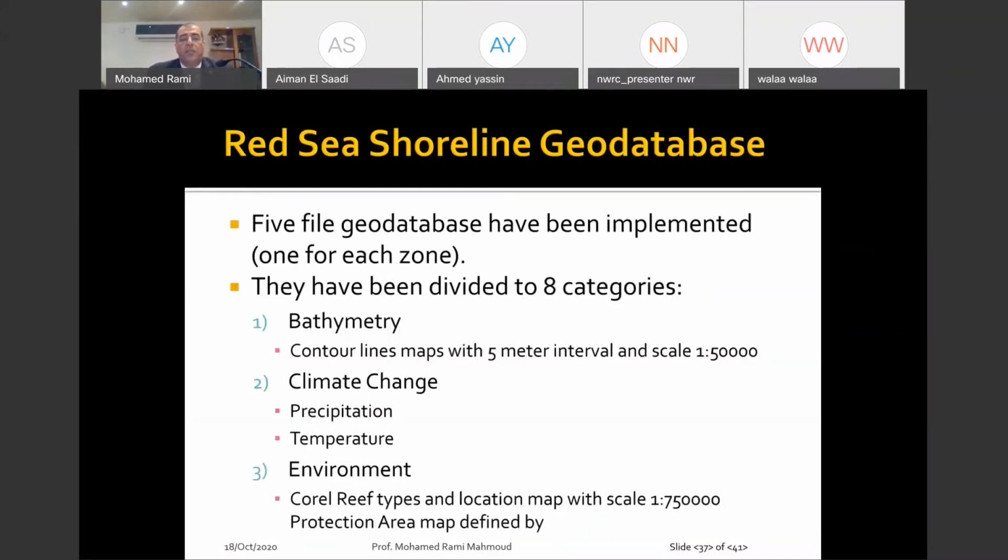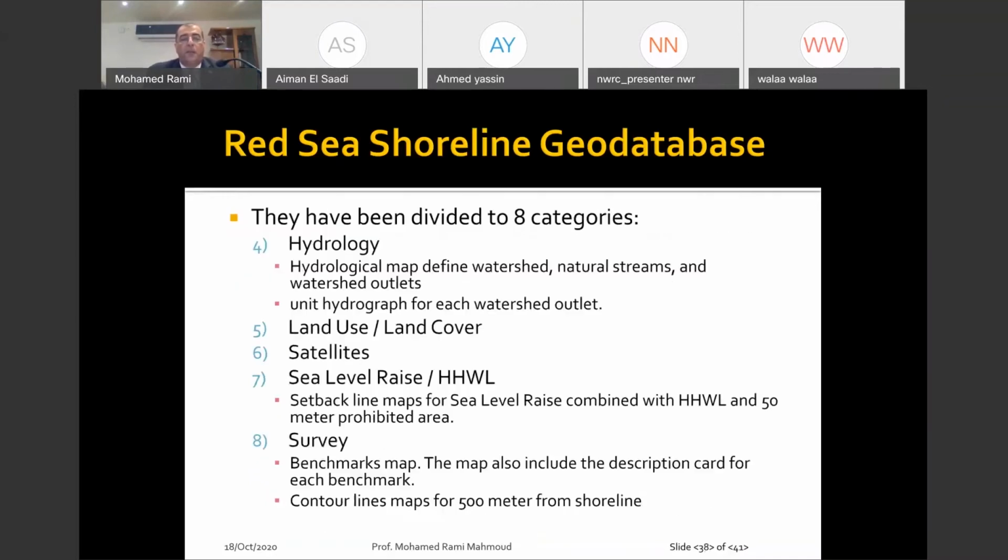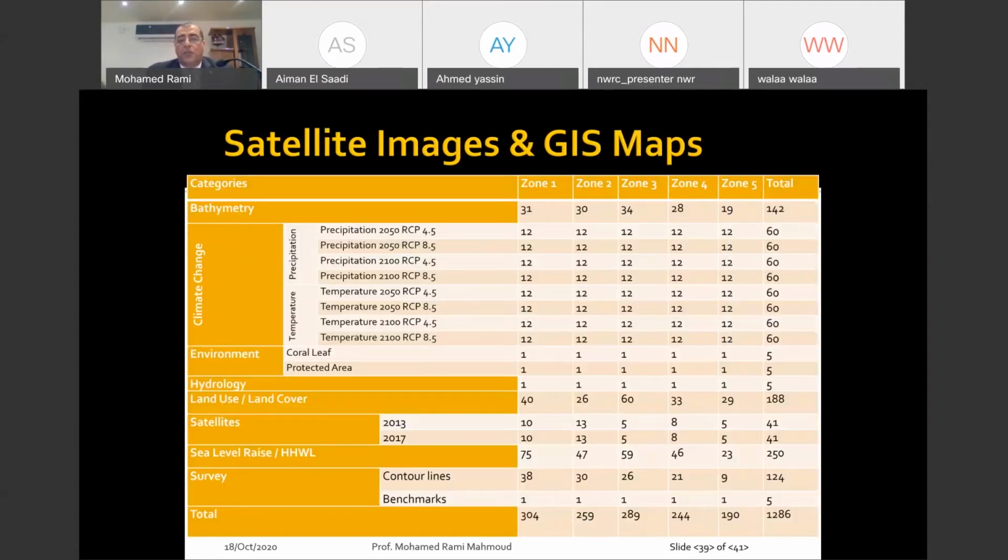Different categories have been made for each category of files: bathymetry, climate change, environment, hydrology, land use, satellite, high water level, sea level rise, and survey. Each one of these categories has been made in the geodatabase. There are more than 1,286 maps that have been generated and put in the geodatabase, so it can be used later by decision makers to create